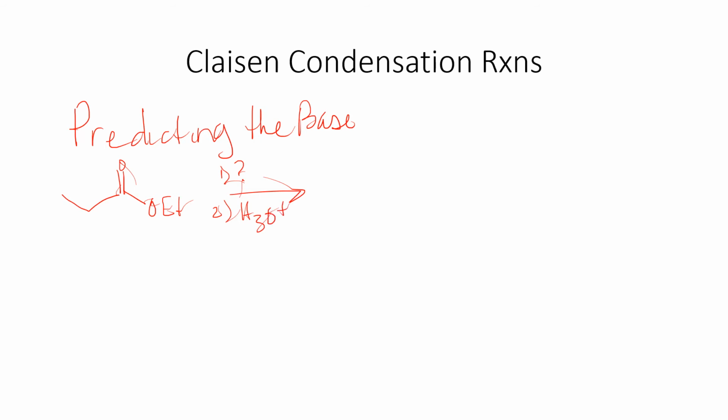At the end, it should be followed by so what we're going to have is this beta keto ester. So remember that the base that you use for the Claisen condensation must be the same as the group of the ester. So our base here would be so that transesterification does not occur. So what if we have